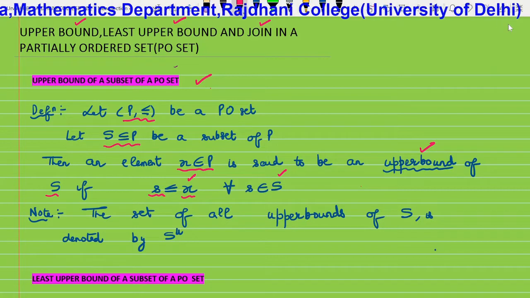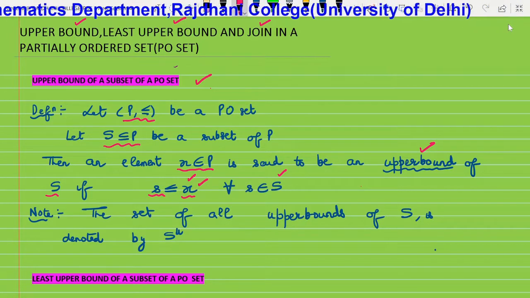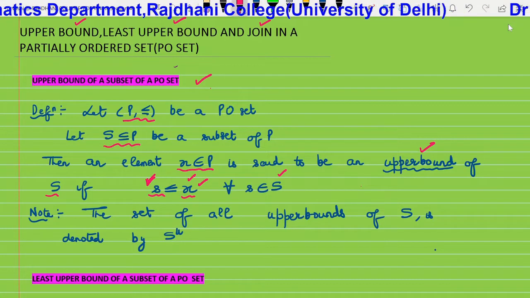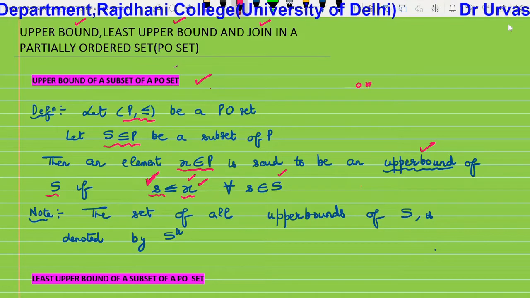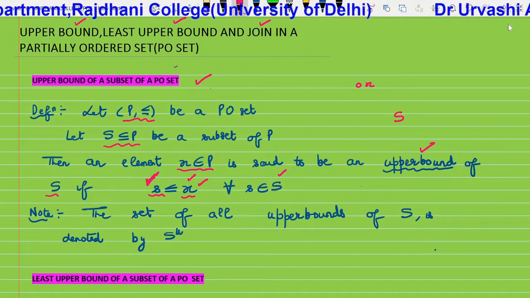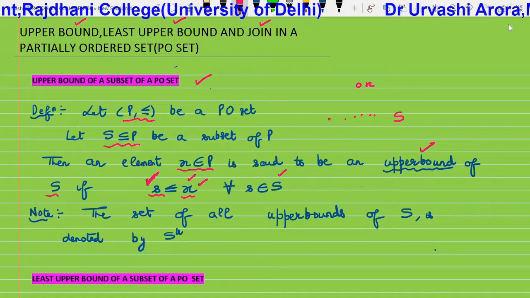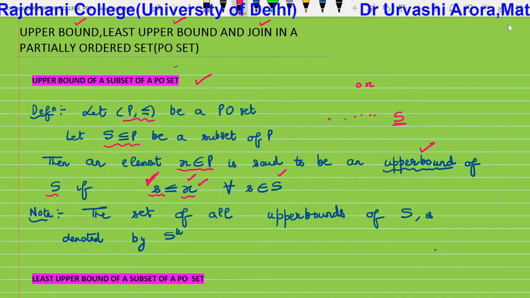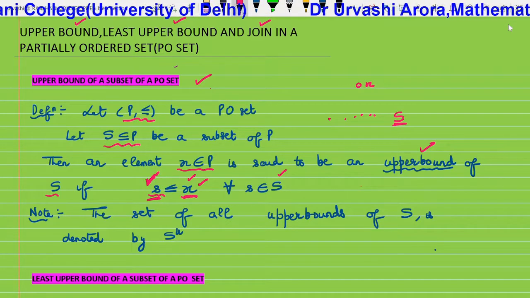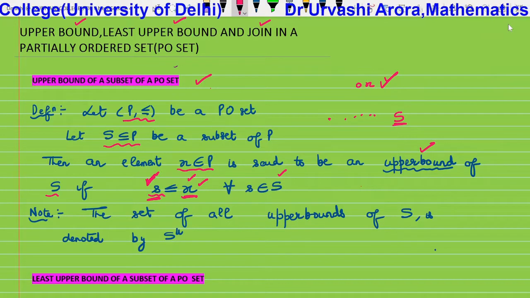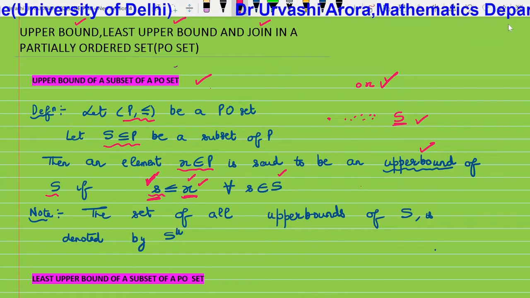And diagrammatically, if we try to analyze this situation, because X is an upper bound, X is on the right and every element of the set S is on the left. So in the Hasse diagram, X will be at the top and every element of the set S will be at a lower level than X, because every element of the set S is on the left and X is on the right. So the element which is on the right will be at the top, so X will be at the top, and every element of the set S will be at a level lower than X in the